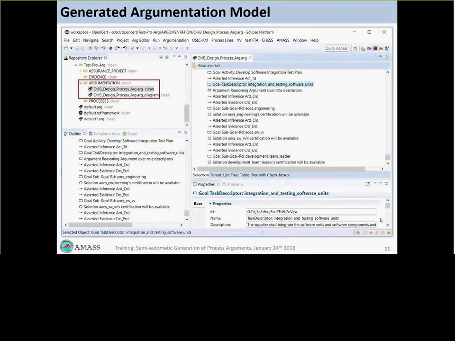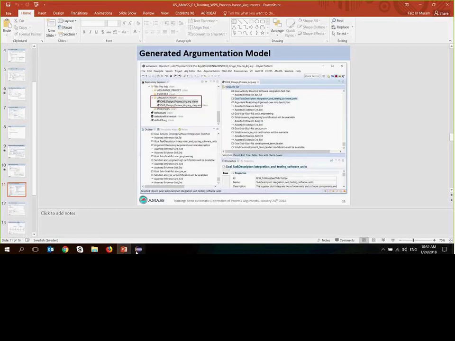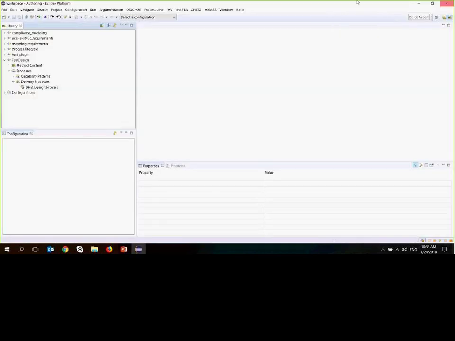So here you can see the argumentation model which is generated in OpenCert will be shown in the argumentation folder under the target assurance project. So I will show the